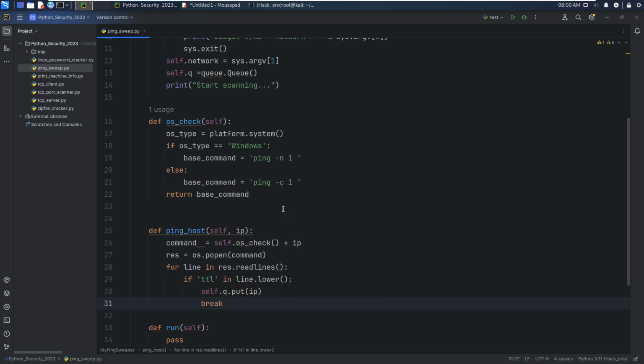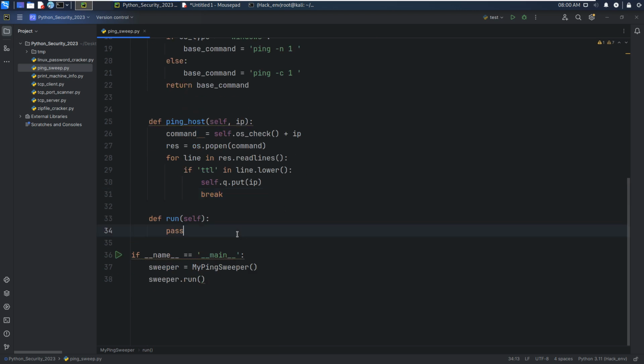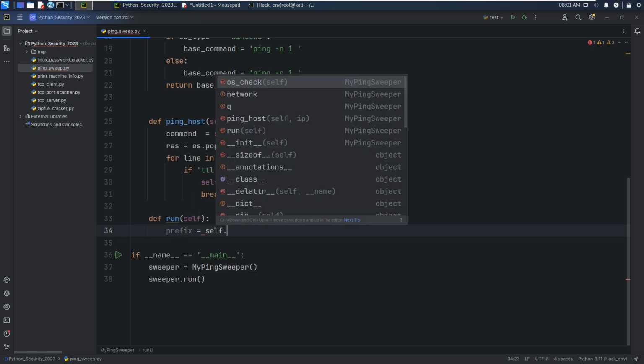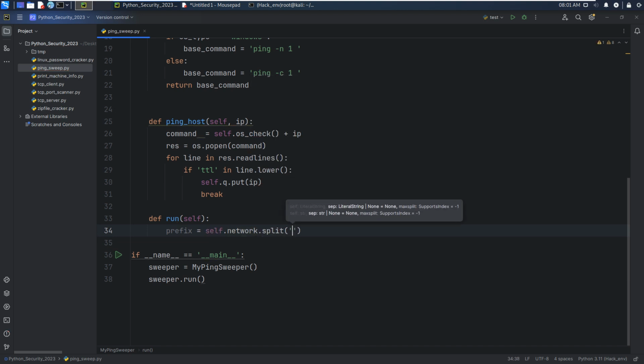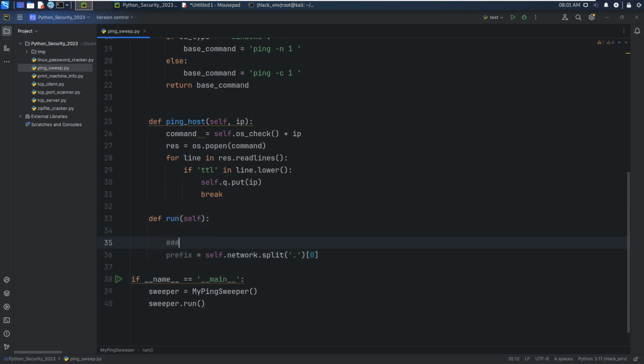Okay, so now we come to the major method, and the prefix would be self.network, and we can use split on the dot, the first elements, something like that. If the user specifies this as the network, we need to extract the prefix of the network.